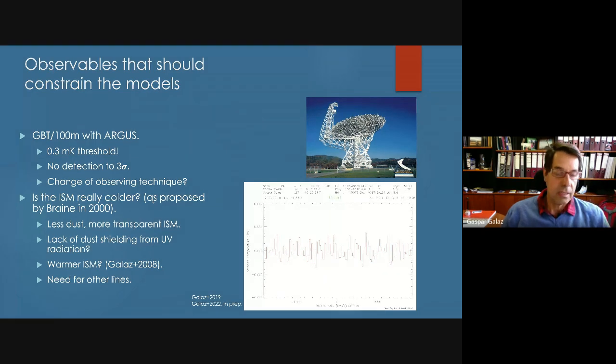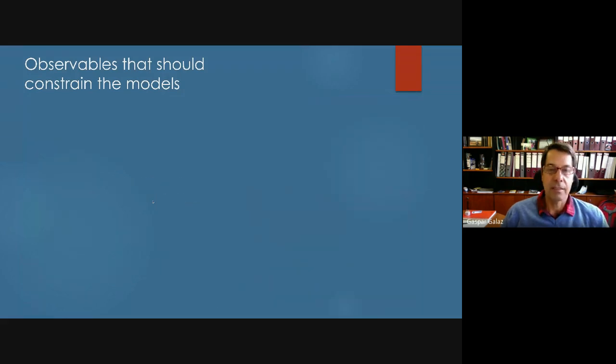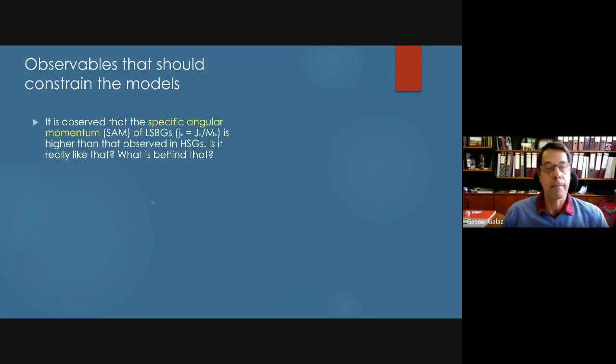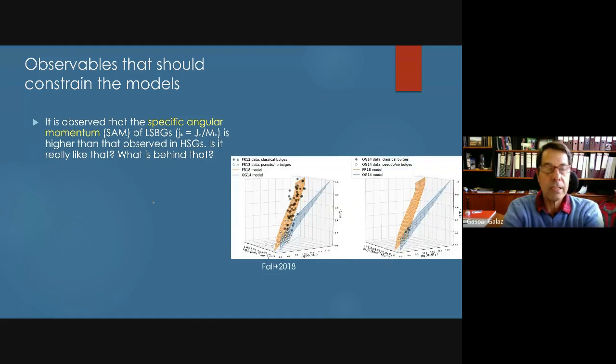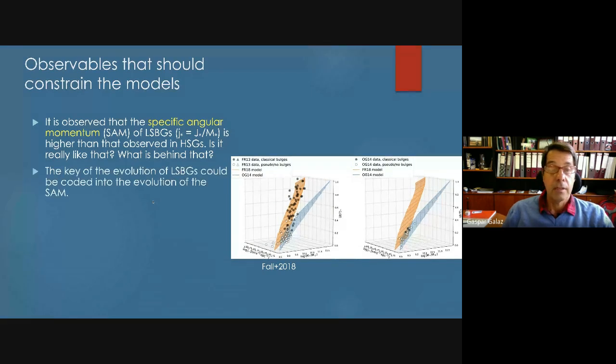Brain, among others, thinks that the ISM is in fact colder than in other galaxies. It's not clear, and then the models can, of course, help. The other important thing to be constrained by models in this galaxy should be the angular momentum. All the observational evidence shows that the angular momentum in these galaxies is larger than observed in normal spirals. Why? It's not completely clear. Dark matter perhaps has a role here, of course, given that these galaxies have, in general, a large fraction of dark matter because the rotation curves are very flat and very extended.